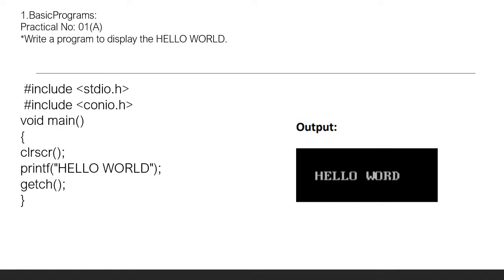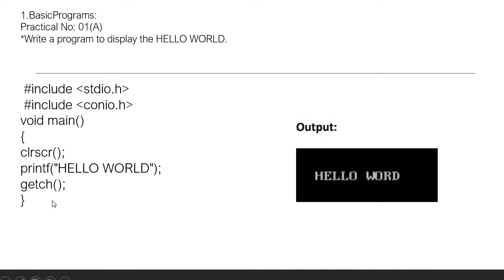Now void is nothing but a data type and it is returning me 0 bytes. That's why over here I am using the void statement. If you are using another data type such as integer, float, double, char, then in that case you have to mention the return 0 statement. So the choice is yours. Either you can mention void or any other data type.